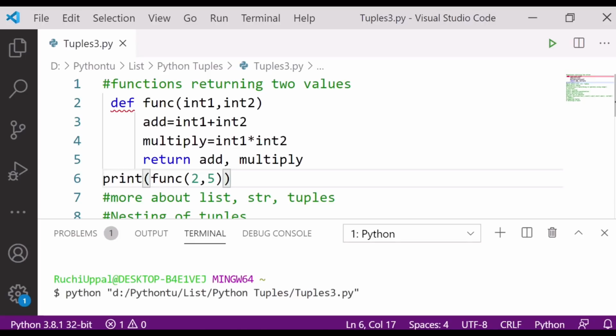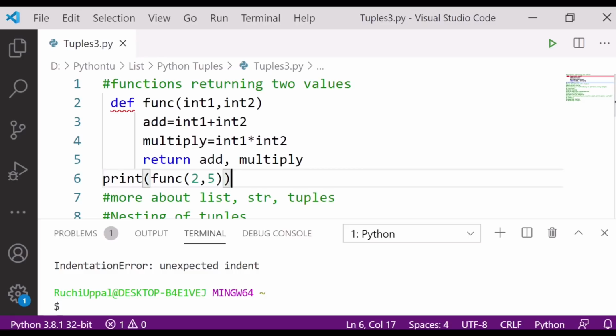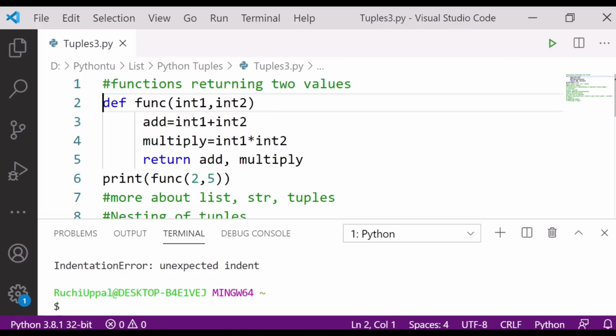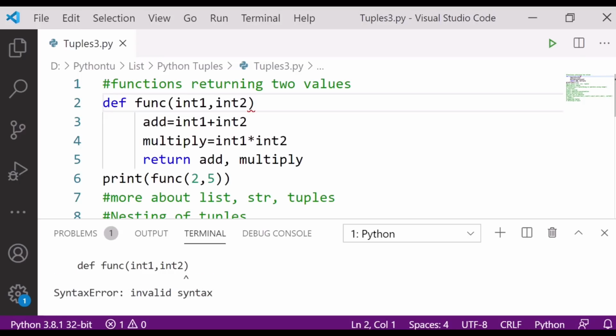What's the output? It is saying unexpected indent, where the function is defined. Let me run again, because the indenting was a problem, it is saying here integer 1.